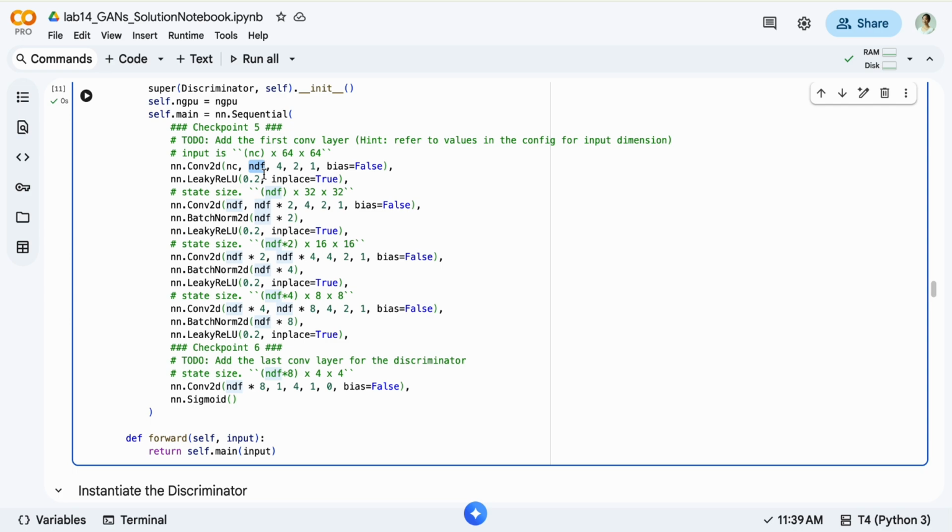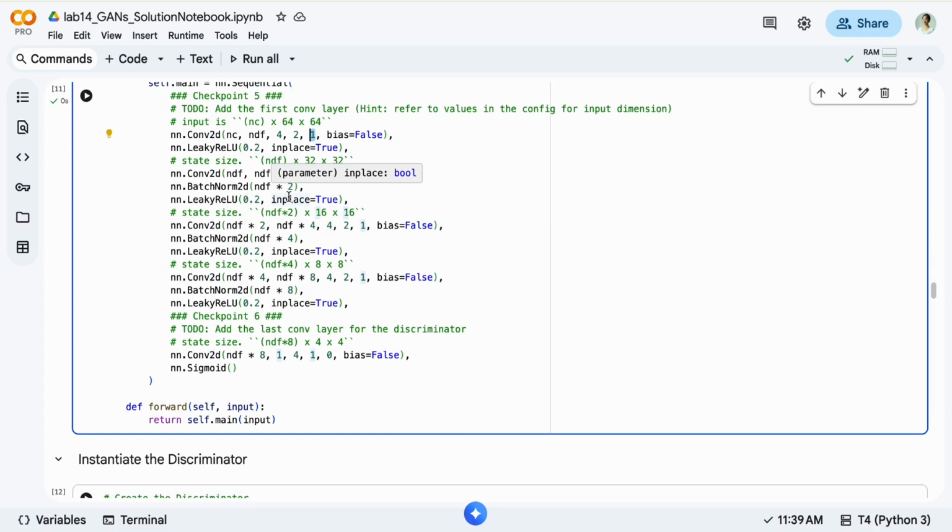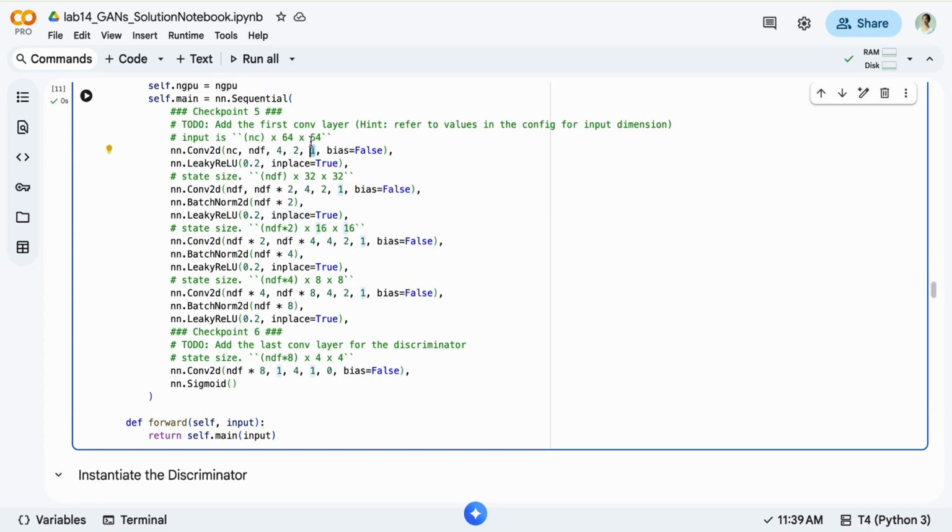NDF is the number of features in the discriminator. This is the kernel size, this is the stride, this is the padding. Right now we use leaky ReLU instead of ReLU because we want to avoid dead gradients on the negative side. And after several blocks,